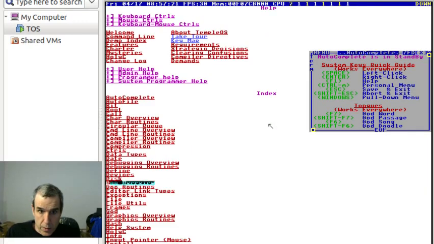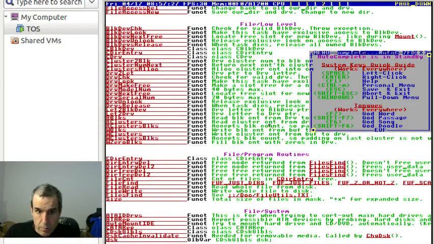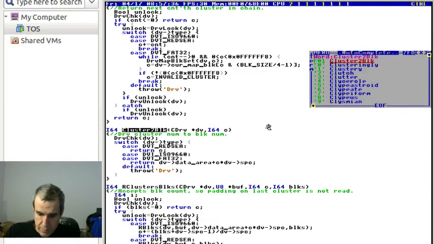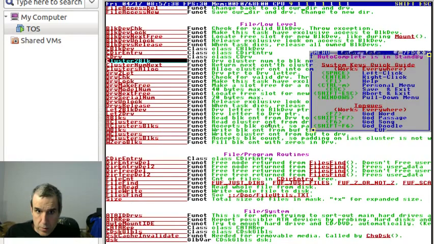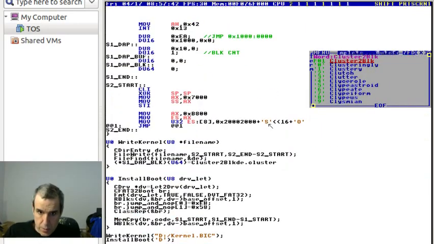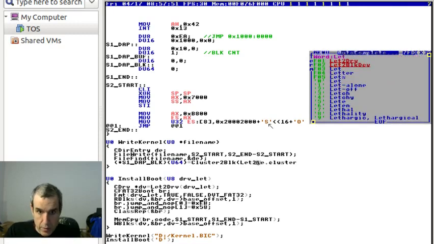So we go to disk. We go down to cluster to block. We have to pass it the drive partition. Cluster to block. Uh-oh, we need the drive. Isn't that special? So we say letter to drive